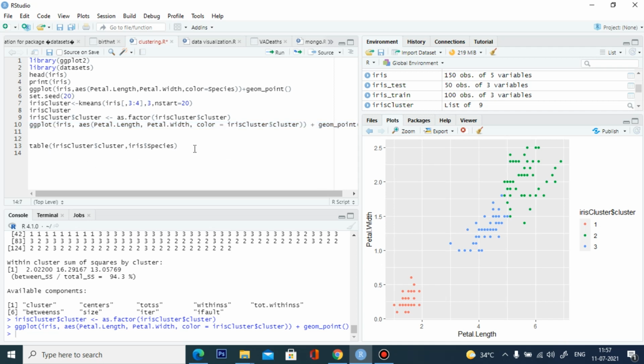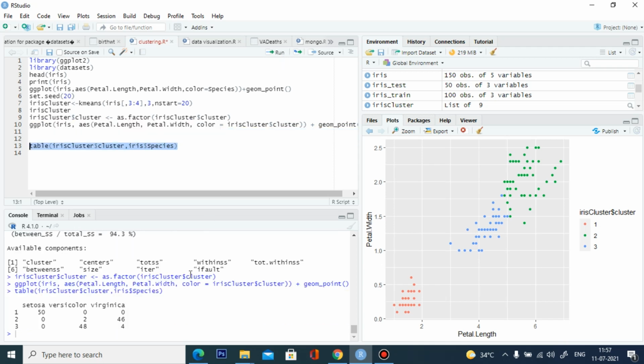We have to identify the accuracy of our k-means clustering. In the first cluster, all 50 are predicted very well. In the second, for virginica, out of 48, 46 are correctly predicted as virginica and 2 are wrongly predicted as versicolor. In the third cluster, of size 52, 48 are correctly predicted as versicolor and 4 are wrongly predicted as virginica.